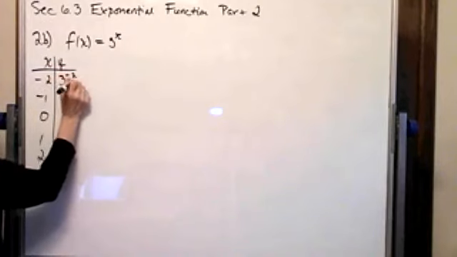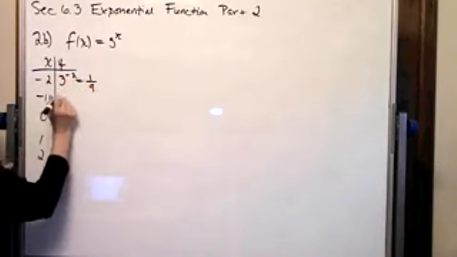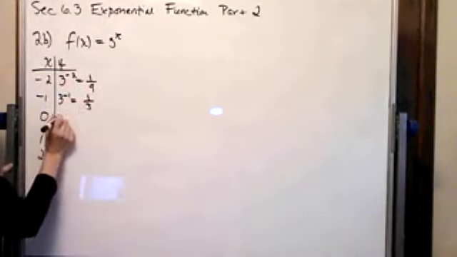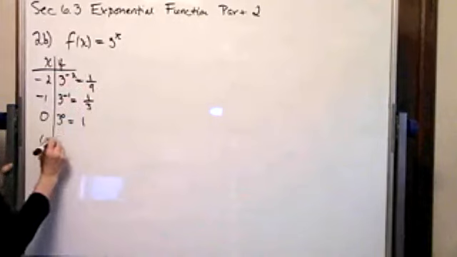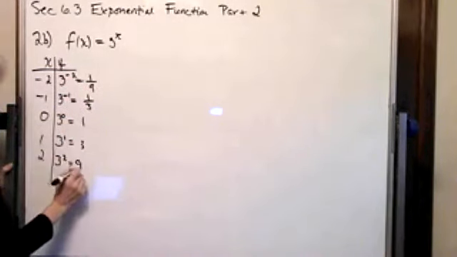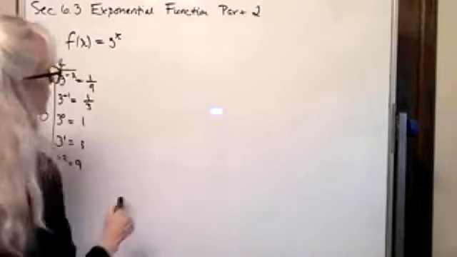3 to the -2 becomes 1/9. 3 to the -1 is 1/3. 3 to the 0 is 1 again. 3 to the first is 3, and 3 squared is 9. So when we go to plot those points,